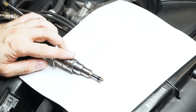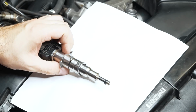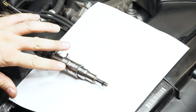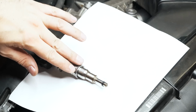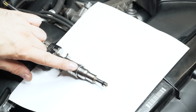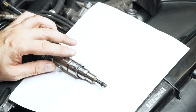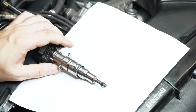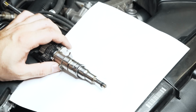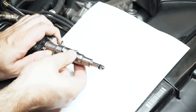I don't feel like I need to do it in my case here, but I want to show this to you guys as a potential solution if you have a problem with your cylinder head. So assuming you pull this out and this whole thing is full of black soot and you're kind of freaking out because your head has gone bad, there's a trick you can do to buy some time. You may even be able to permanently fix it, or at the end of the day, just buy yourself some time until you can change your cylinder head or get new inserts put in the cylinder head. But I kind of feel like maybe the decoupler was my issue on the other one because one of